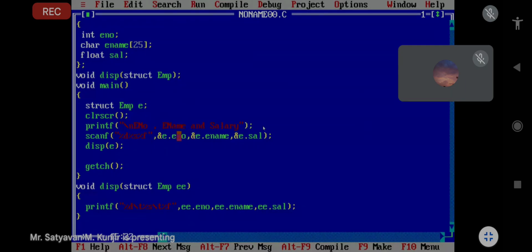That means e number, e name, salary, these are the members of structure EMP, and E is a variable of that structure.